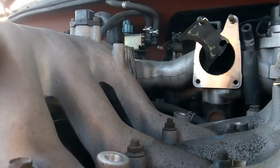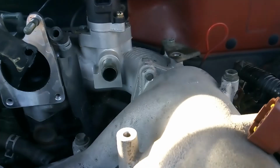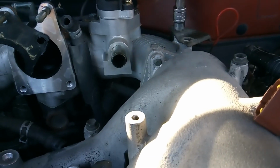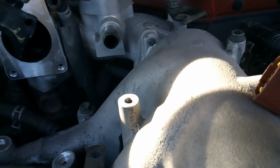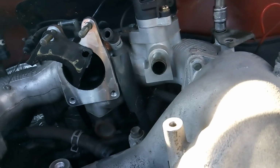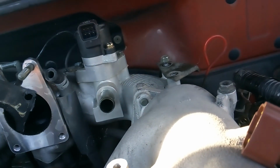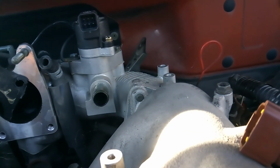Alright, so I'm just over here removing some of these brackets and stuff off of here so I can get in here easier because in order to get the intake off, you're going to have to take these bolts off in the back right here. They're not going to be fun and or easy to get out. As you can see, pretty much everything else on this vehicle is. All right. Let's see, I gotta...